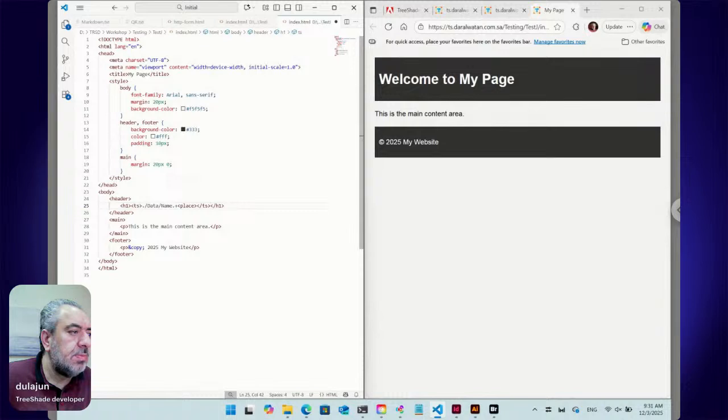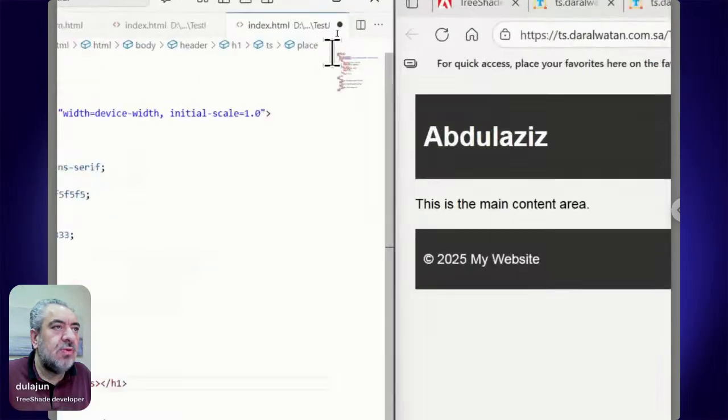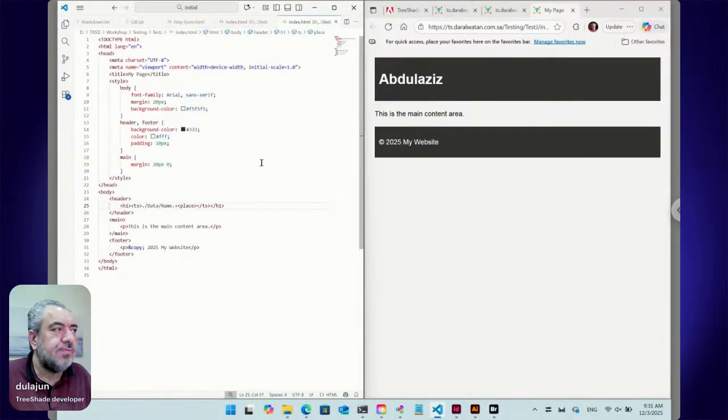So what's the problem? Let's save and let's refresh. I think I forgot, I always modify the file here and forget to save the text file. So that's it. Now the text file is displayed